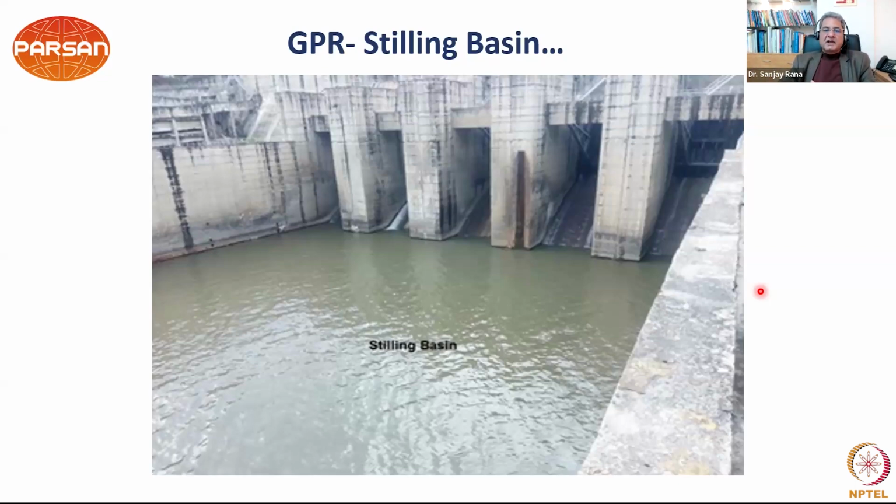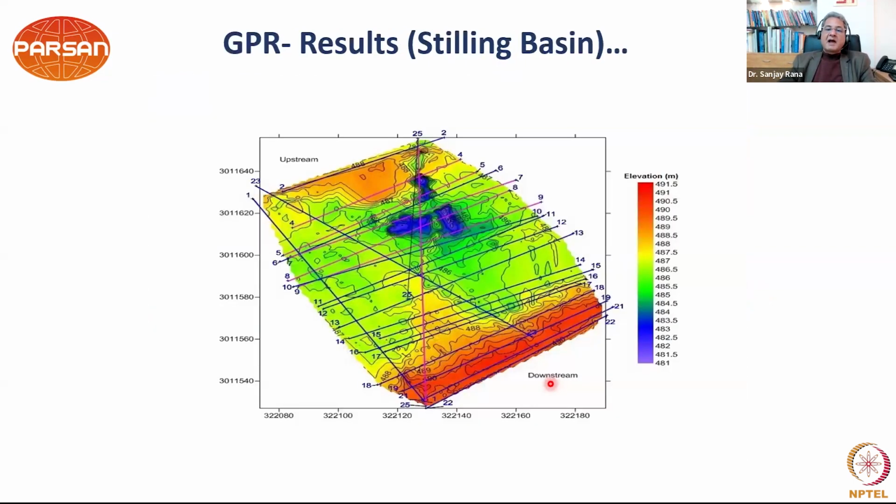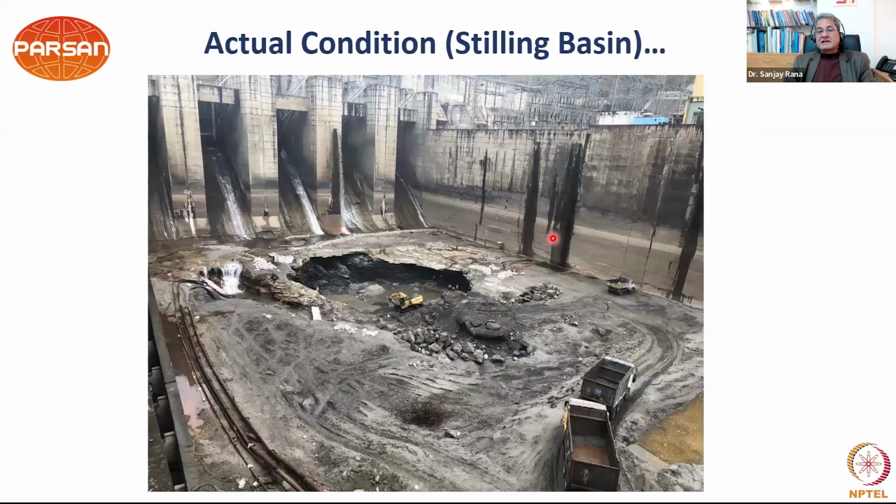Using the tools of GPR, we can do the investigation even if the water is there, and based on this investigation, we can make the complete map of the stream basin deterioration, for example, which has been done in this particular case. And best is that this was done somewhere in Bhutan. And after 2 years, once the stream basin was emptied for inspection, the results derived from GPR matched wonderfully with the actual site condition there. So this is the application of GPR for inspecting your stream basin.